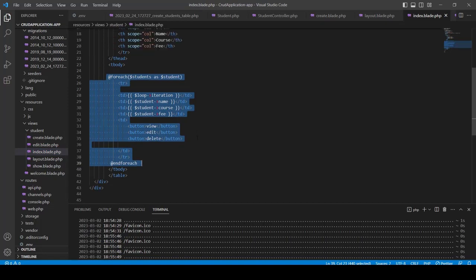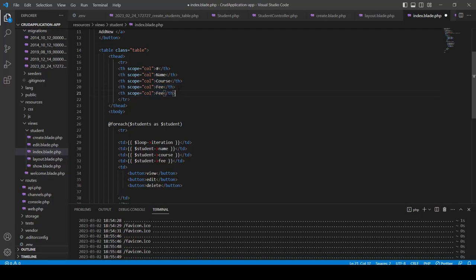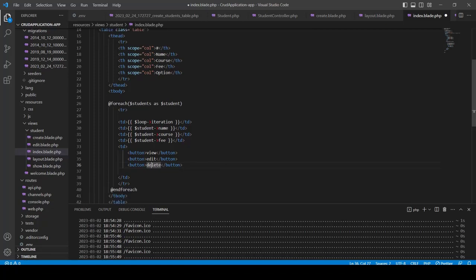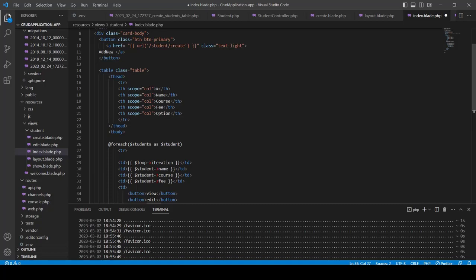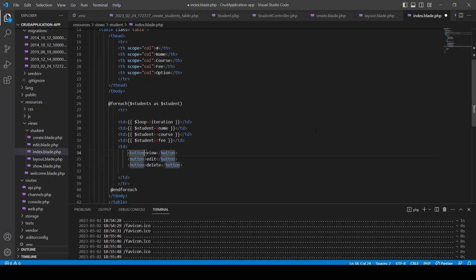Right. Now here we have created only 4 headings. I just need to copy this one. Control C to copy, Control V to paste over here. We need another column which is option. The option consists of 3 options: view the data, edit the data, and delete the data. Now these buttons need a style. So here, you can write the style like this. Okay, so button class